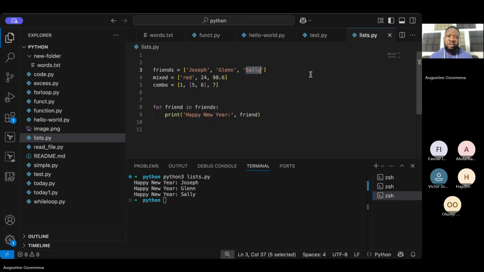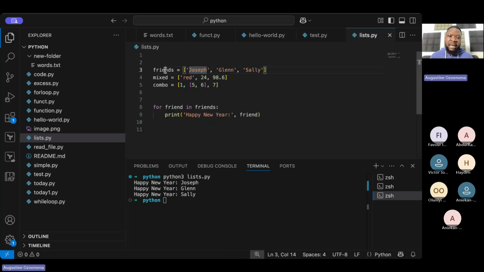So you can actually access each item inside the list using this index, right? Instead of going for the actual item, you can say friends at index 0. That will give you Joseph. Friends at index 1. That will give you Glenn. Friends at index 2. That will give you Sally. We kind of saw how we could do this indexing in our previous class